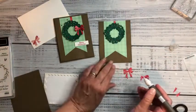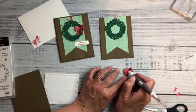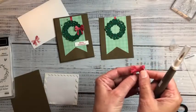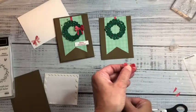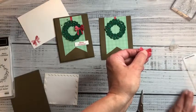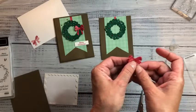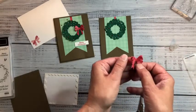And then I'm going to center it on the other bow, which is hard to do from this angle. Let's see if I hold that down. Well, it sounded easier. It was easier when I was doing it right on top of myself. I'm going to hold those together till they get just a little bit tacky. There we go. And now I can spread my bow apart like that. And now I have a fluffy bow